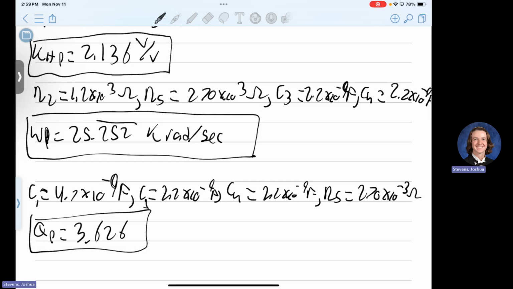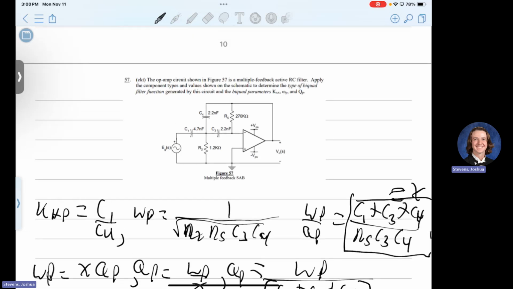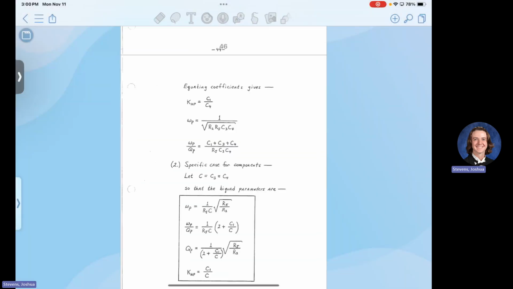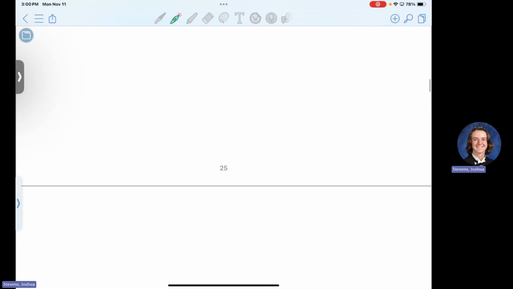This is not a Sallen-Key. I'm sorry, I keep saying that wrong. This is a multiple feedback active RC filter, because Sallen-Keys are something else. Like I said, this is book 2, chapter 3, amazing. So if you scroll all the way up to the top,